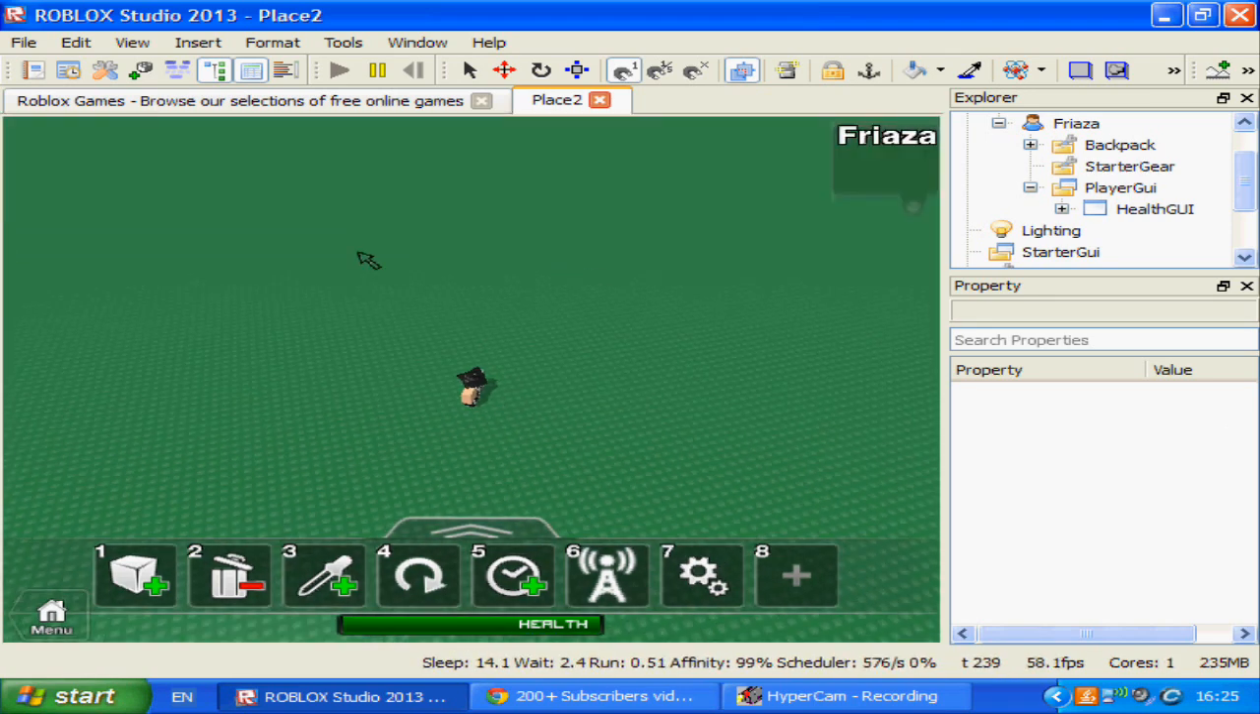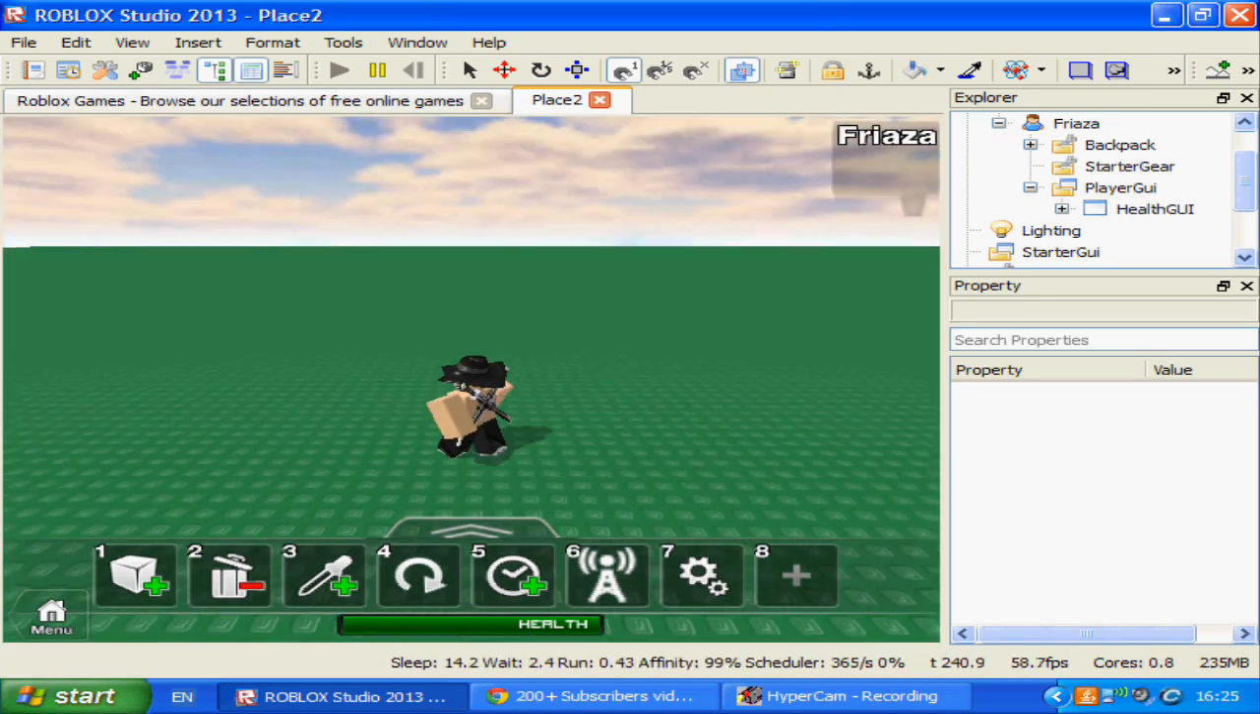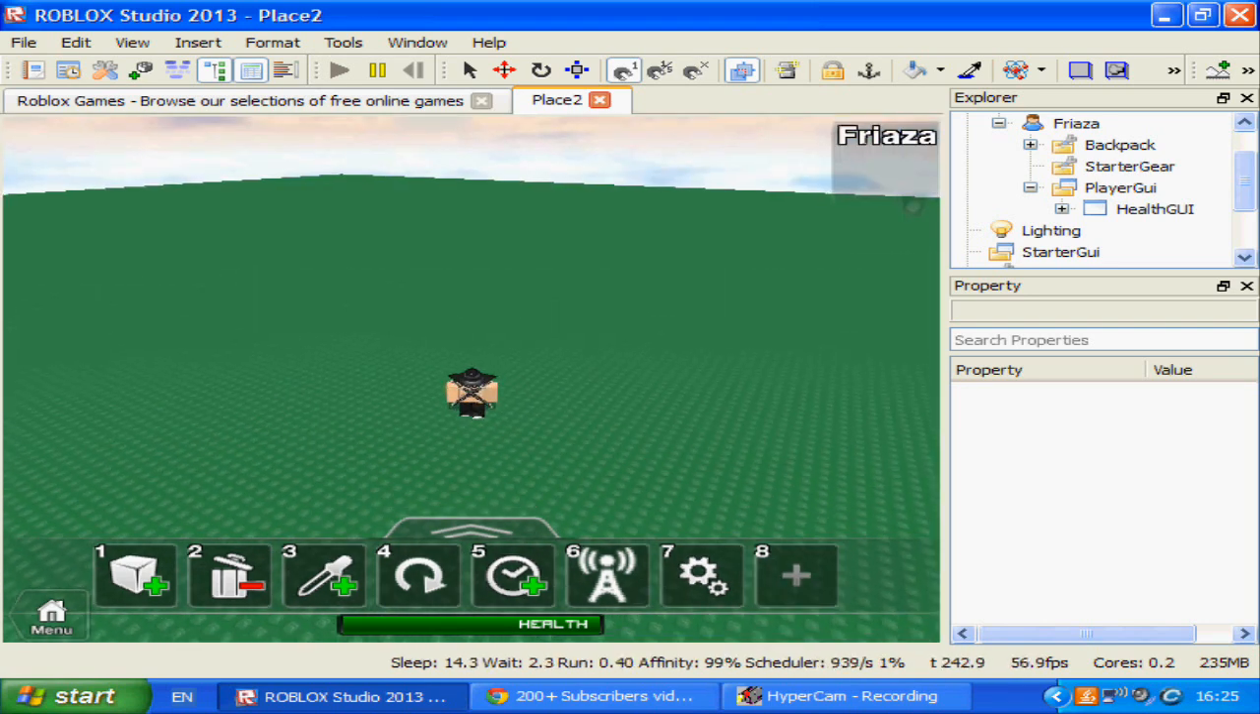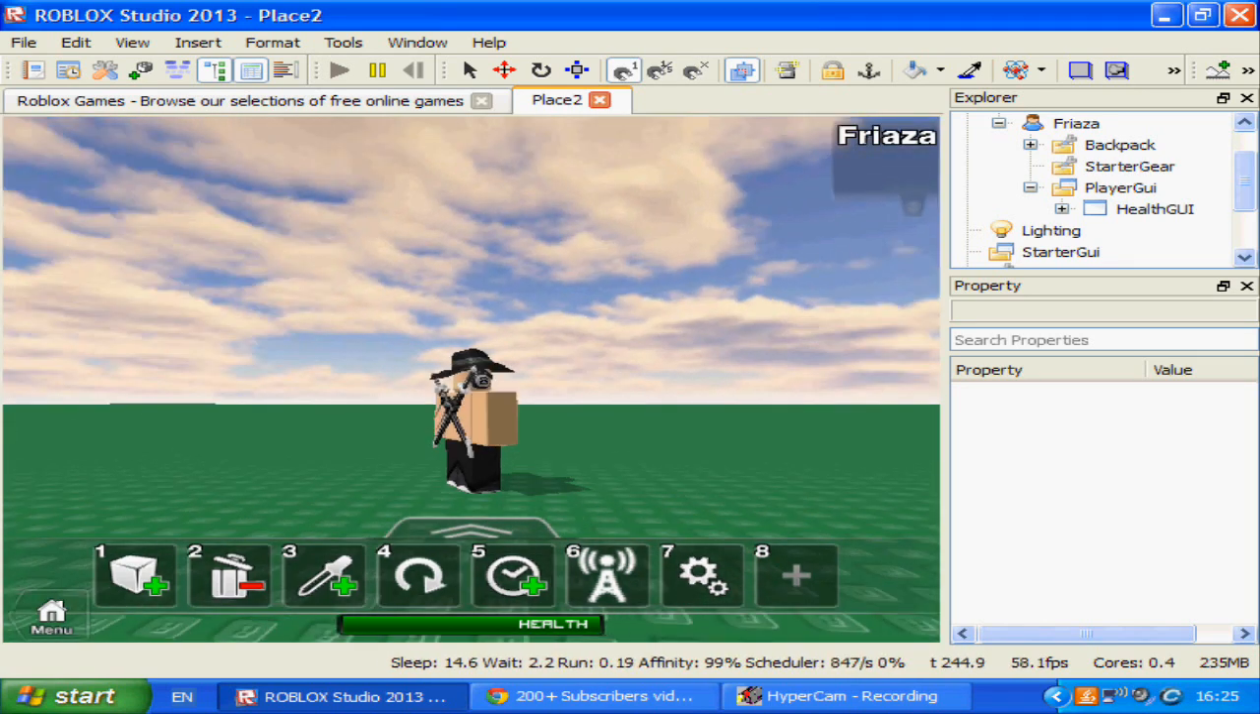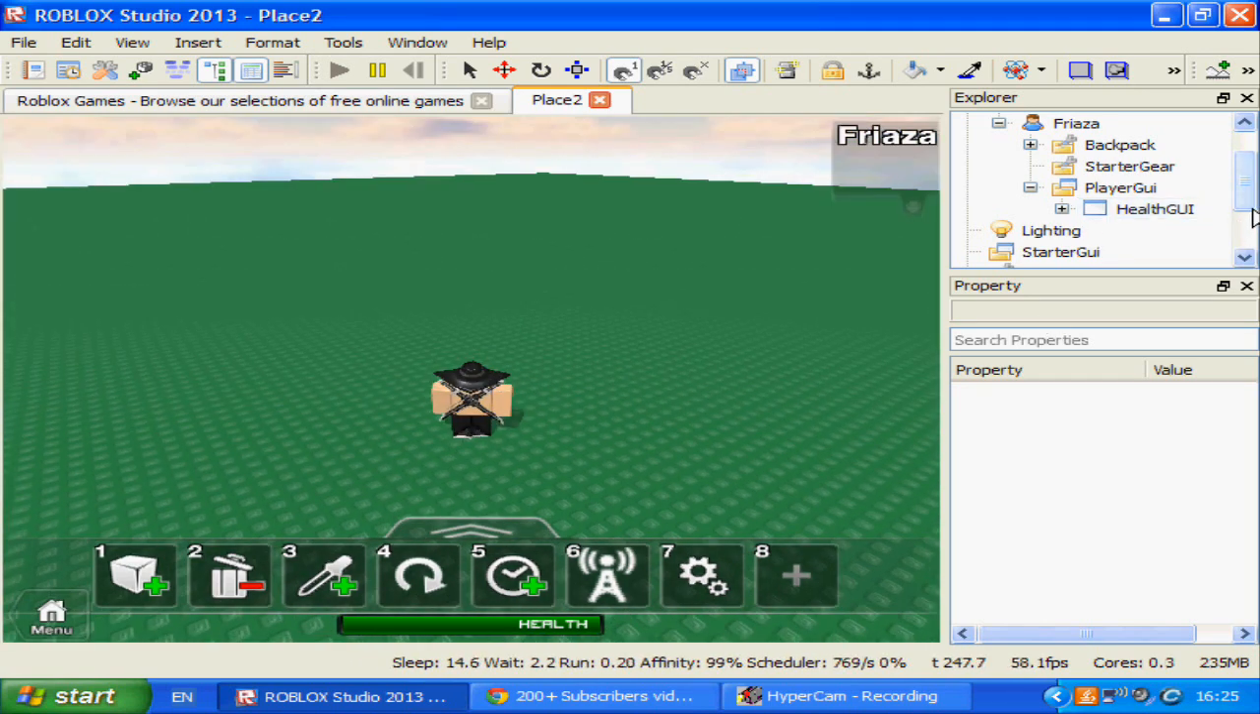Mostly because I kept delaying it and then Roblox Studio 2013 came out, so it took them a few weeks to get it all worked out. So